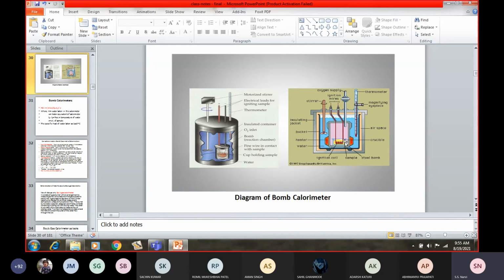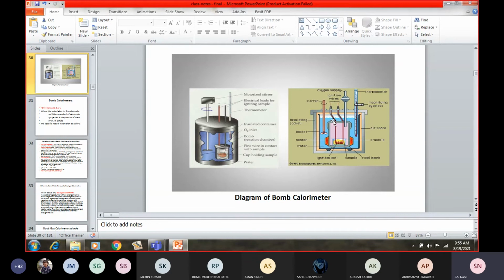You filter the washing, isn't it? And whatever sulfates are there will be reconverted into sulfuric acid. When you wash it with 0.1 normal nitric acid, the sulfate will be converted into sulfuric acid, and then it will be there in the form of sulfuric acid. Now you add excess of barium chloride into it, so barium sulfate will be precipitated. Now you take the filtrate, add excess of barium chloride, so whatever sulfates are there will be converted into barium sulfate.